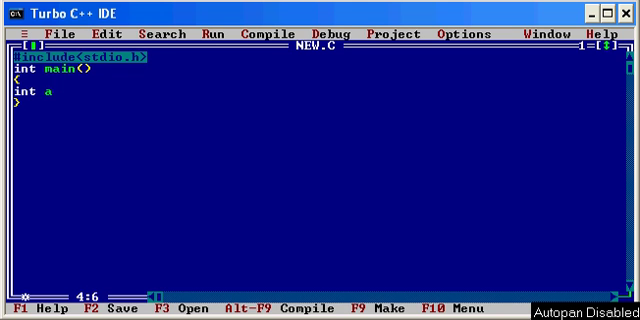So we'll start: int a of 10, int i comma n, and clear screen function, printf, enter the, scanf %d comma ampersand n, and